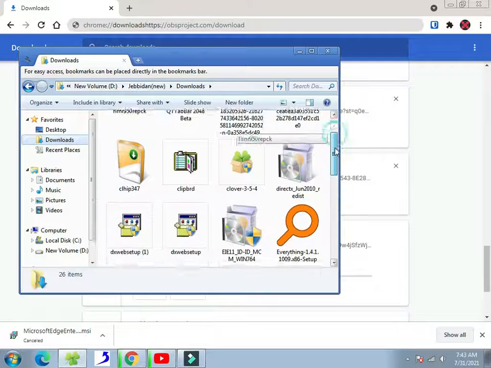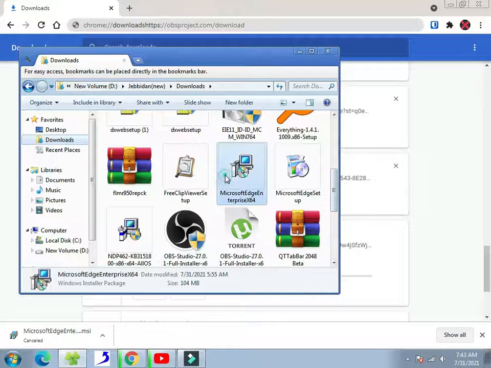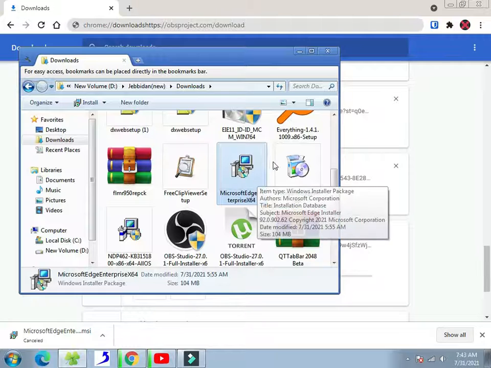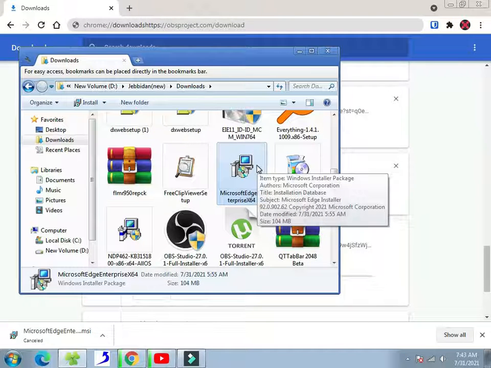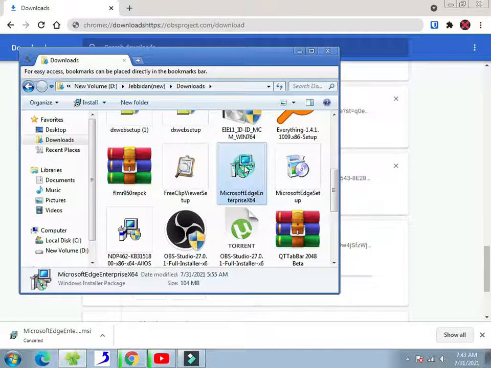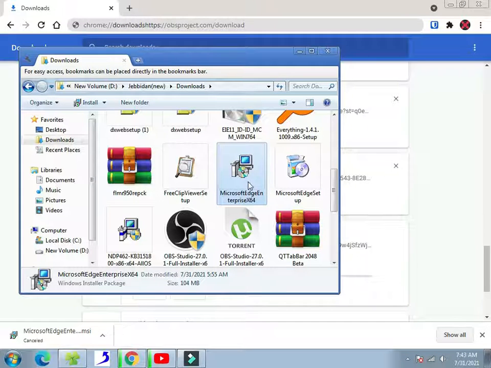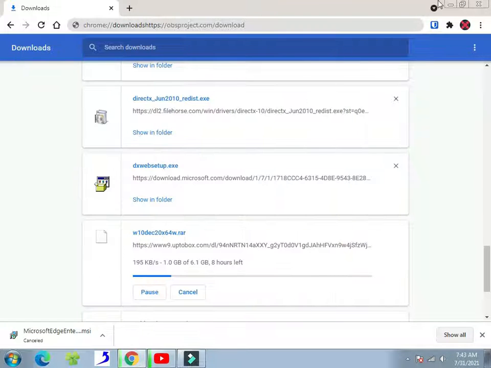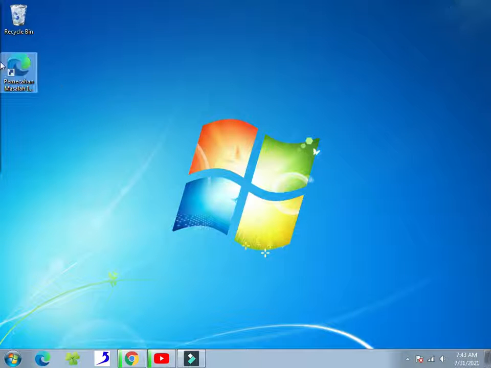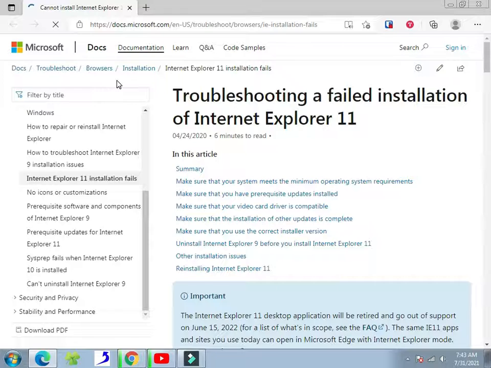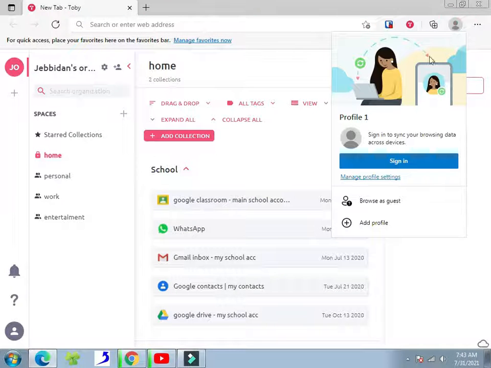Now because I already downloaded the installer, here scroll down and you will see this Microsoft Edge 64 Enterprise. Now just run this right here. Now it will install it for you. Just wait. After you wait, you will see this icon right here, the shortcut icon. You are now able to run Microsoft Edge,